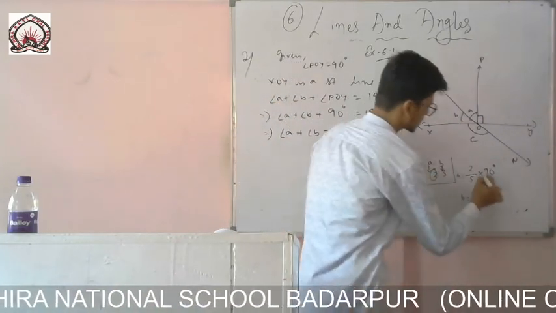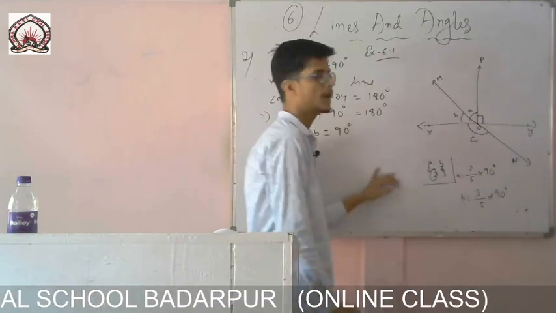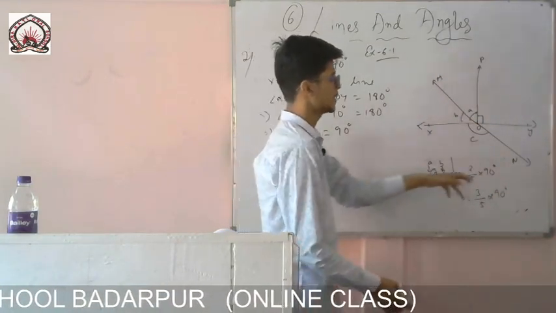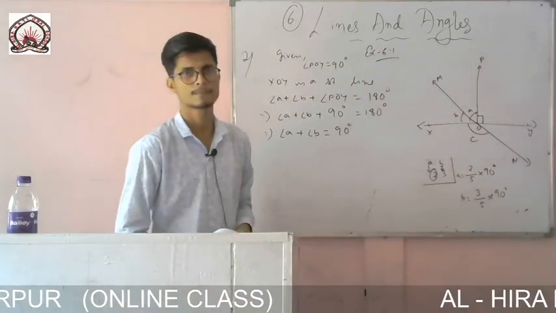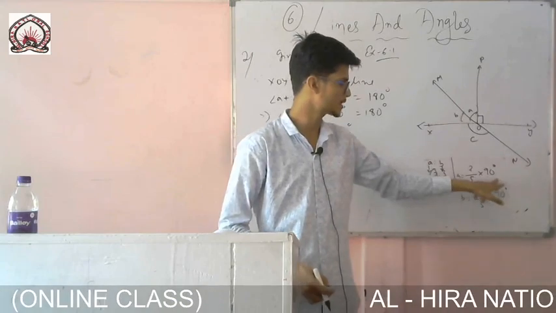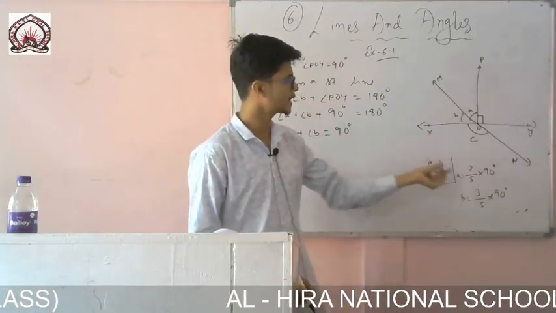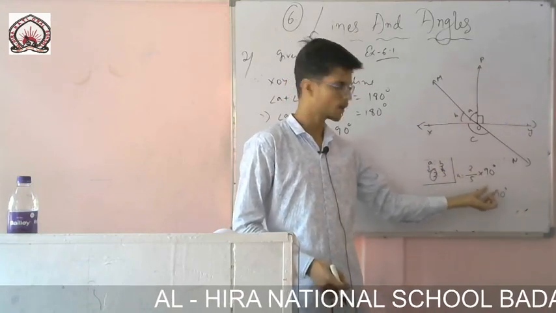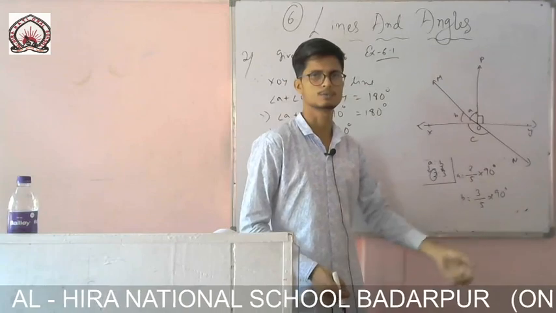2 plus 3 is 5. And the measure of this angle is 90 degrees. That's why I am writing 90. If it is 180 degrees, then I will write 180 degrees. Whatever the angle measure given, that one I will write. Don't get confused, this one is not fixed. The measure of these two angles, A plus B, is 90 degrees. That's why I am writing 90. Or else I will write whatever the angle is. If 180 is given, I will write 180. No problem.